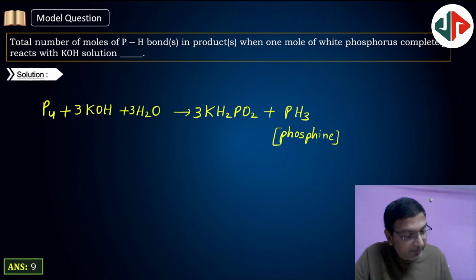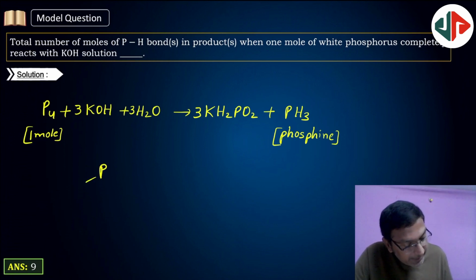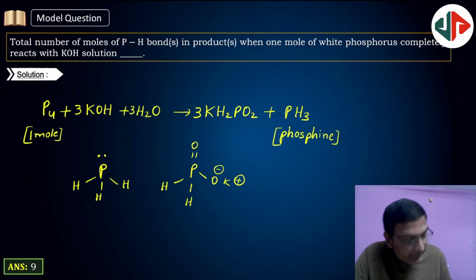So 1 mole of white phosphorus reacts with here 1 mole. So how many moles of PH bonds? Here I will write the PH3 structure. This is the PH3 structure, and here next, O minus and K plus. So this is PH3 and K